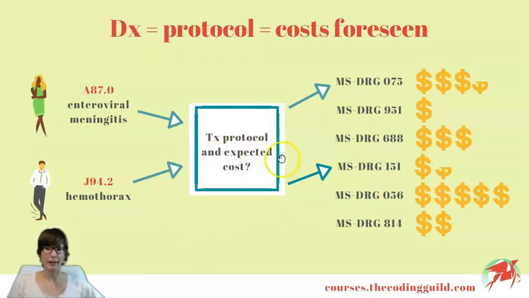CMS capitalizes on this by putting price tags on these known protocols. CMS can calculate how much any given inpatient stay shall cost if the hospital adheres to established medical guidelines as they are expected to do. Don't forget that CMS has access to actual cost data because facilities are expected to send CMS cost reports. Under the MSDRG system, CMS assumes that all patients who show up with the same diagnosis will consume roughly the same amount of resources and will cost more or less the same amount of money to be treated.